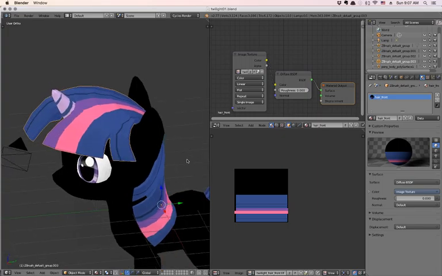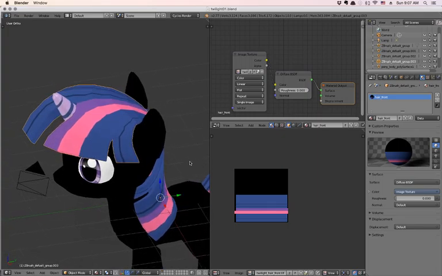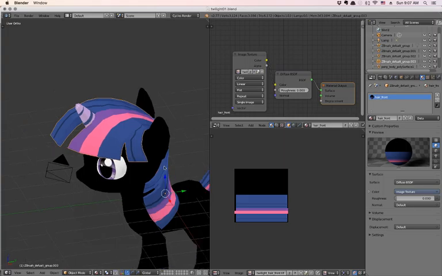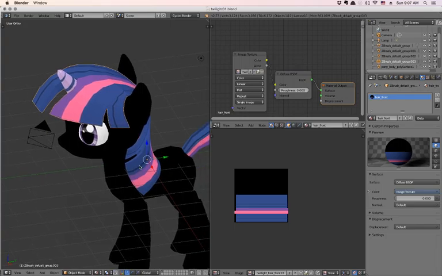If you watched last time, and I hope you didn't, so let's assume you didn't, I was having trouble importing objects and then finding the right mode, and then applying the UV maps to them. And here's one I actually did previously, and you can see the hair is working, the horn is working. The hair is actually two pieces, the tail's a separate piece. Eyes are working. Body is black, even though,